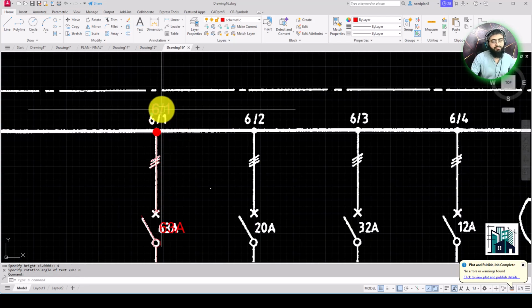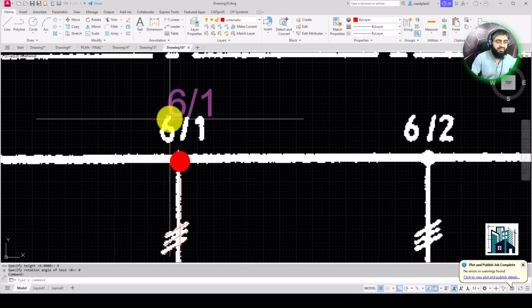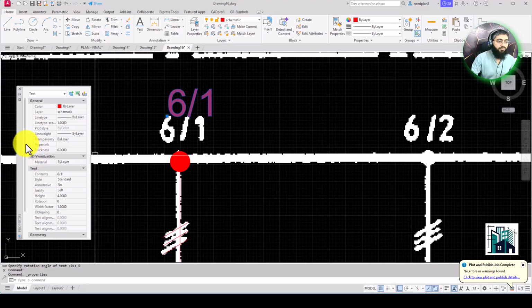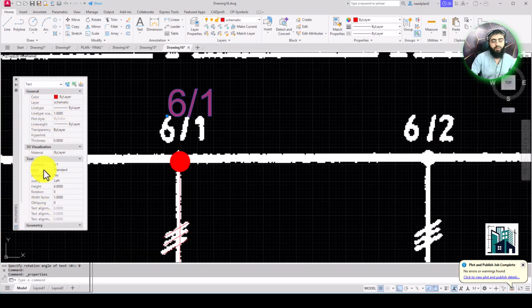So this is the justification option here. I want to change the justify, so click Control 1. When you click Control 1, the property palette will pop up and then you'll have to change the justification, click here and then middle center.